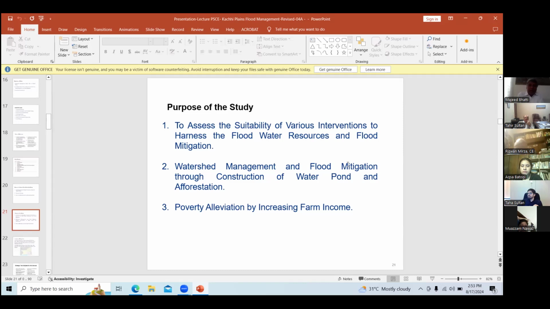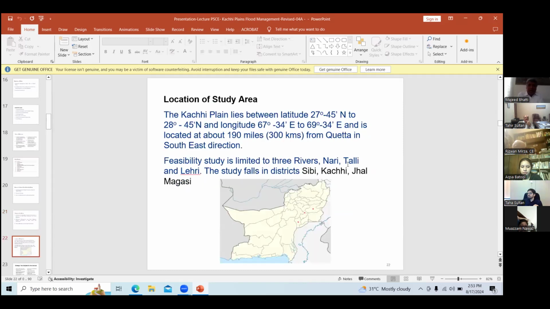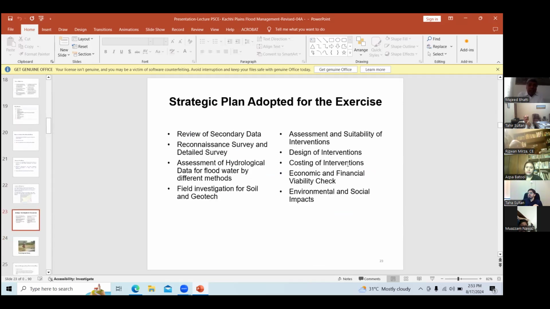The purpose of the study has more or less been discussed. The location of the study area has been indicated in the maps, and a strategic plan was adopted for the exercise.